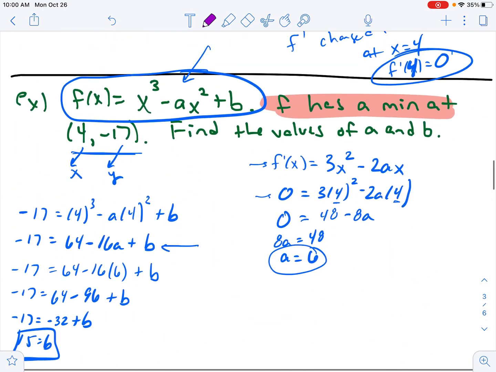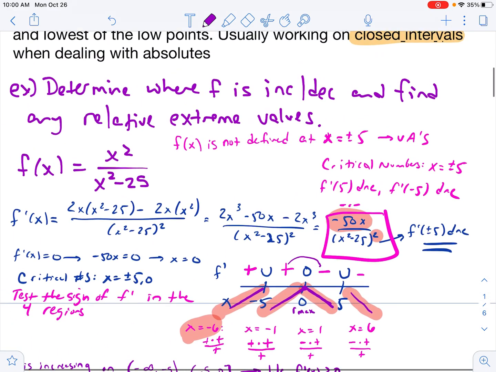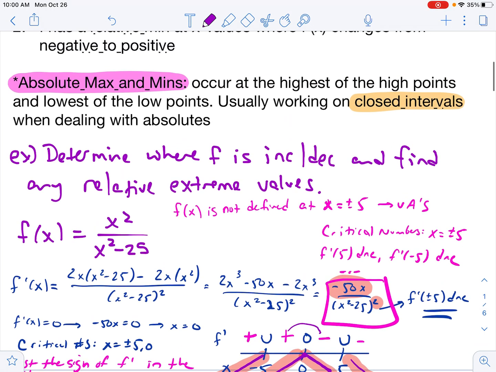But there are all sorts of different ways you're going to be asked about maxes and mins. So take some time to digest all this. Make sure you've got all these different testing procedures down and work on your algebra. And if all else fails,